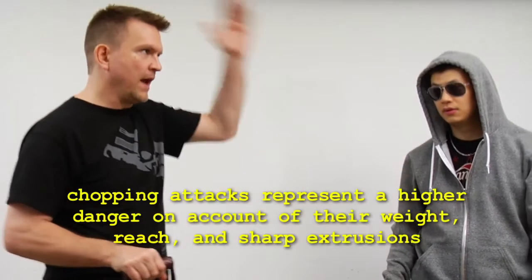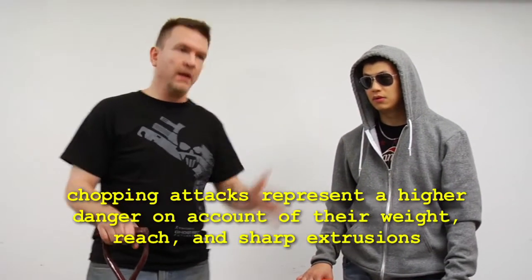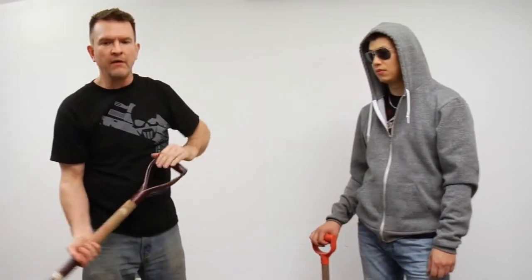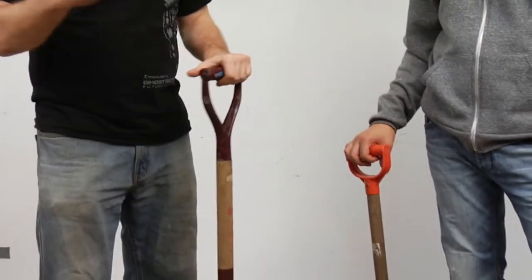Once again, in schools that do impact weapon defenses, they do a lot of overhead attacks. Statistically, overhead attacks are relatively common, an actual direct overhead. The most common human angle that we talked about is more of a downward 45 or a cross 45, like we did with the two-handed and one-handed swings. However, the one time that there are downward strokes, and they're quite dangerous, is when we're using even heavier two-handed implements, such as an axe,